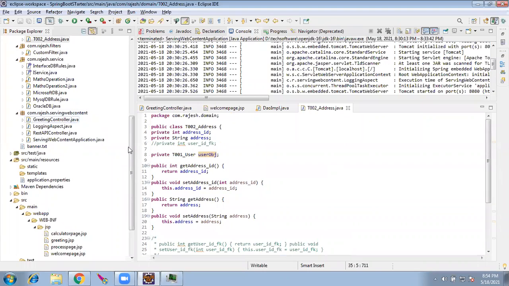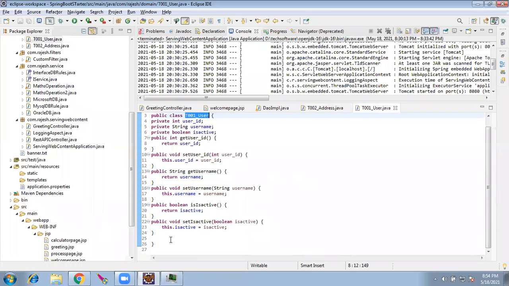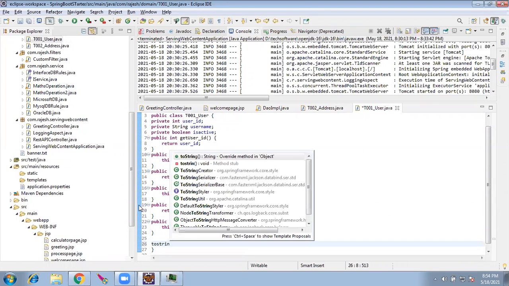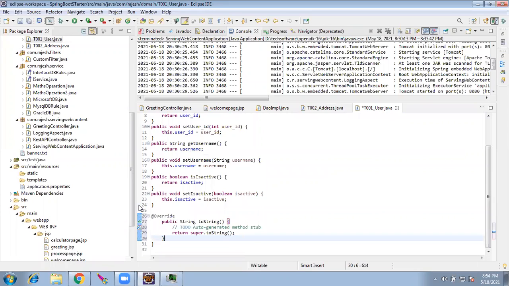I have to go to the user domain here, and I'll go toString. Instead of return super, I will return user ID. What is the user ID?